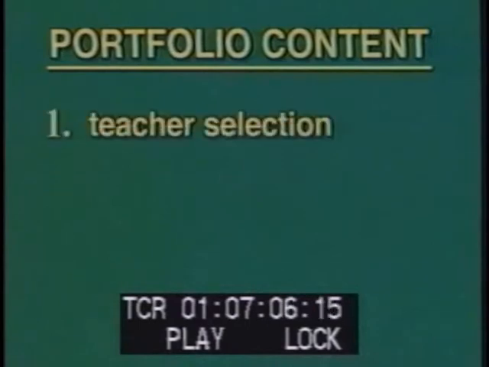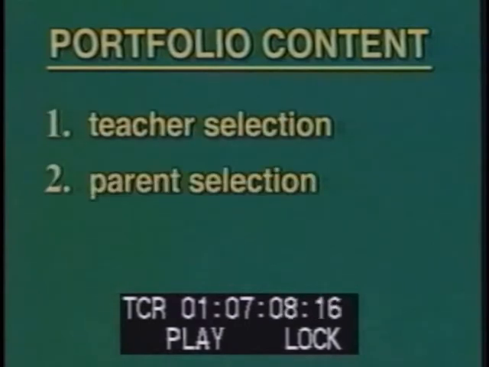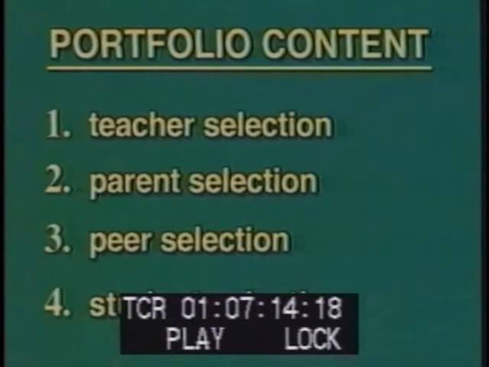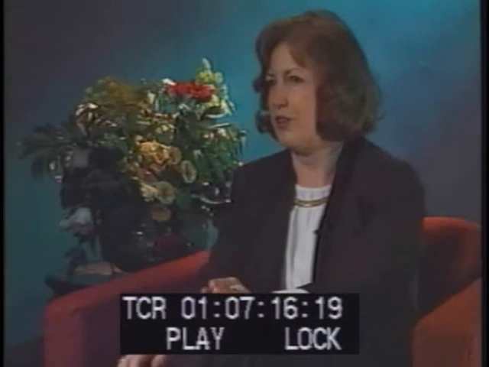So as a teacher, I may ask them to have 4 items in their portfolio that show they understand the reading, the writing, the major concepts, the major outcomes. Those are my choice, so you have teacher selection. But then I always give 1 parent selection, maybe 1 peer selection, let a friend look at one, and then you have like 3 or 4 student selections. So the portfolio should have a selection by several people, not just the student selection.